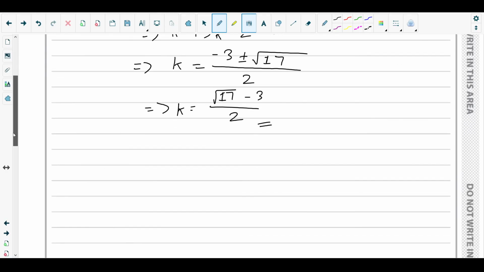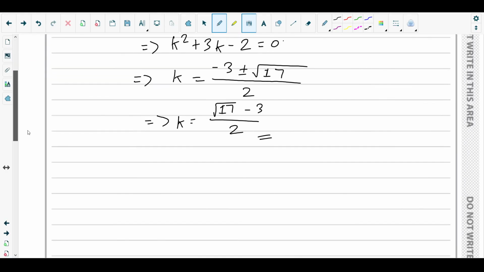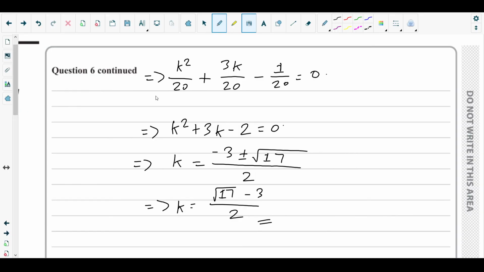So that was all about question number 6, and that's the end of this question paper. Hope you have understood the whole solution very well, and if I am doing anything wrong in any of the workings,